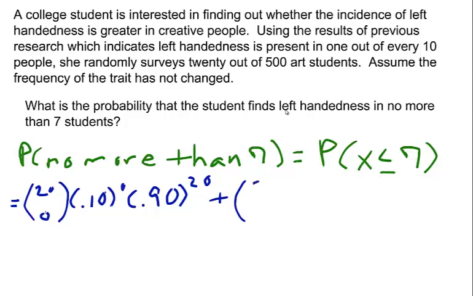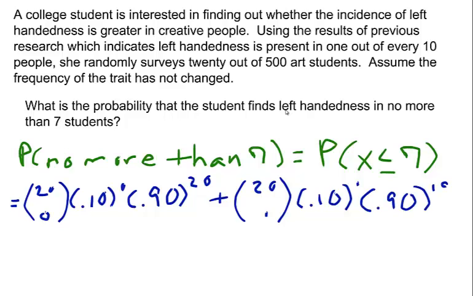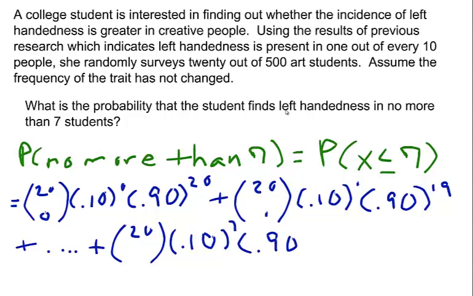plus 20 choose 1 times 0.10 to the 1st times 0.90 to the 19th. And we would continue in this fashion until we got to 7. 20 choose 7 times 0.10 to the 7th times 0.90 to the 13th. We would then take our values in parentheses and rewrite them, substituting in the correct formula for nCk, and the result that we should get is